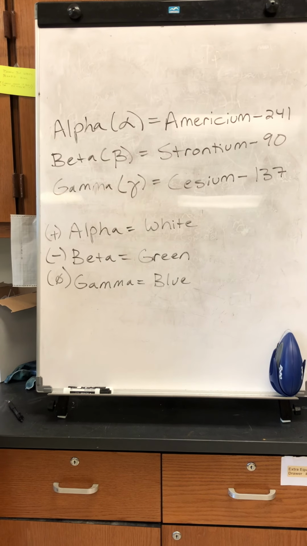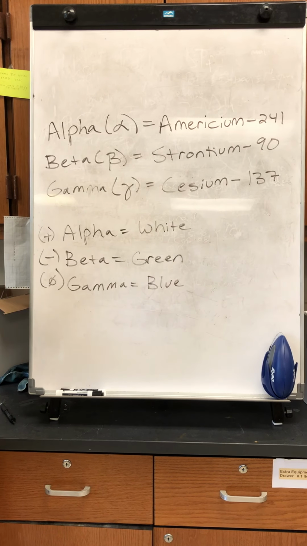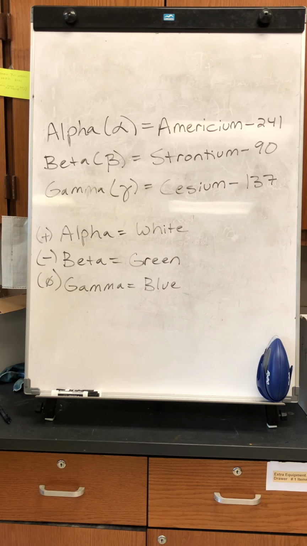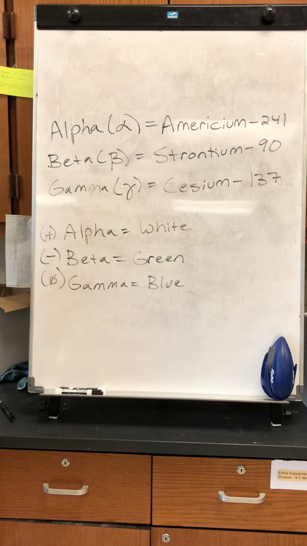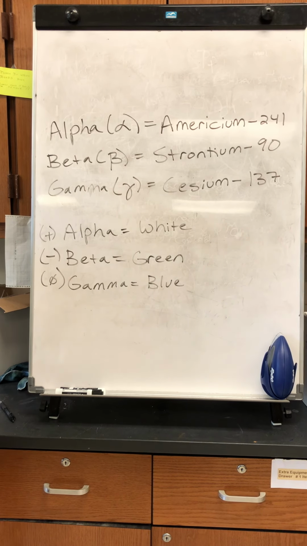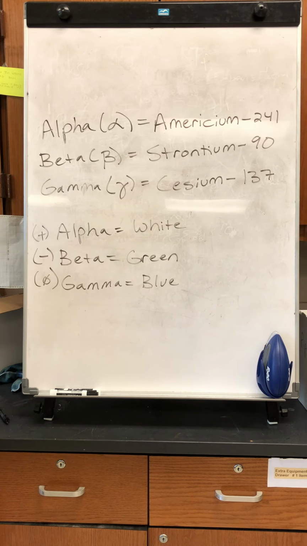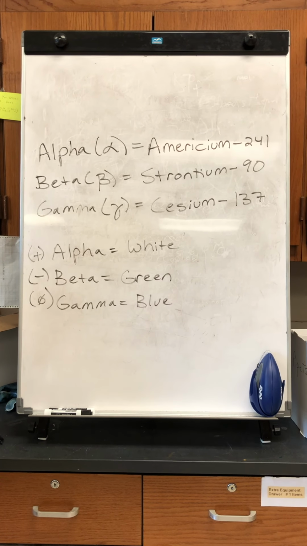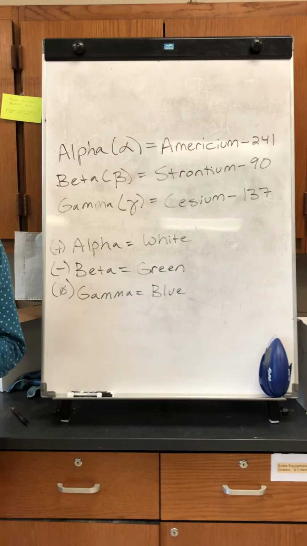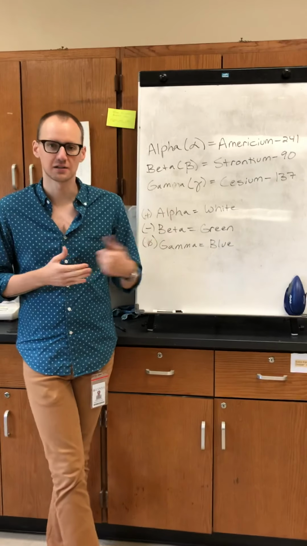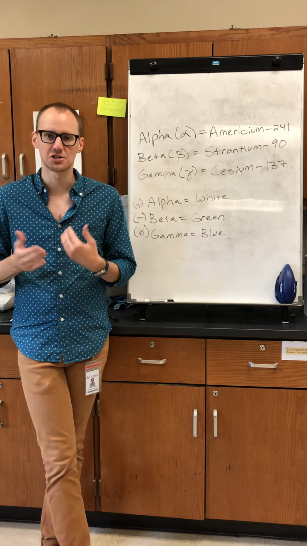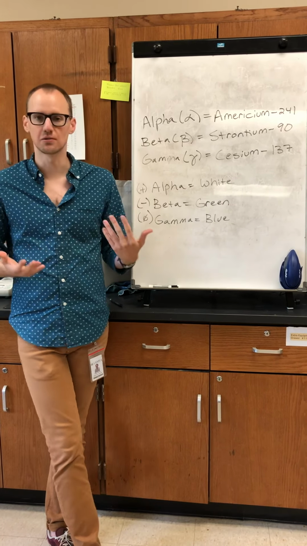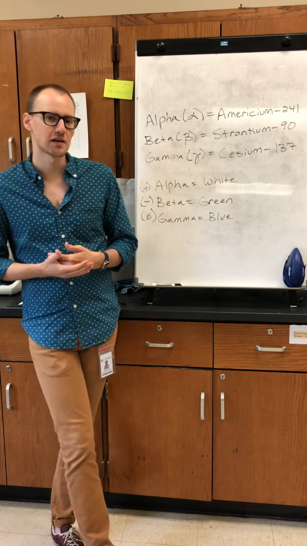We'll be looking at these three types in a very qualitative sense and comparing them to each other in regards to how strong they are relative to each other, as well as how changing the distance affects their radioactive ability, as well as when we shield, meaning when we put a material between our detector and a radioactive source, does it change or block that radiation? We'll look at different types of shields that we're going to use and see how that affects each of